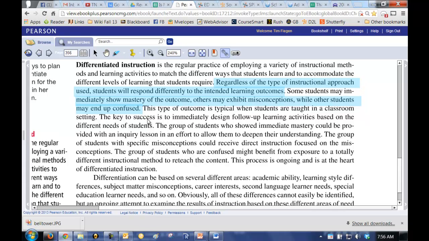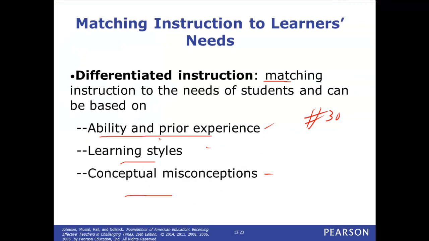And it says here, for example, that the student that shows mastery, immediate mastery, could be provided inquiry lessons in an effort to follow them deeper in their understanding. Or the student has misconceptions, may need some direct instruction. And the student that's confused might benefit more from a totally different instructional method altogether. So I'd like you to put those three things in here about